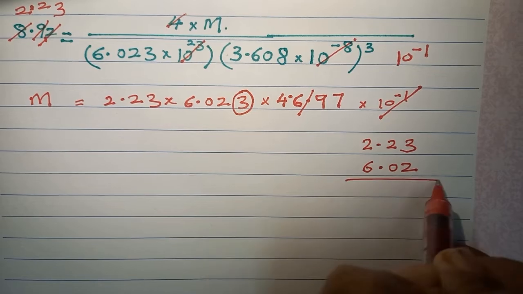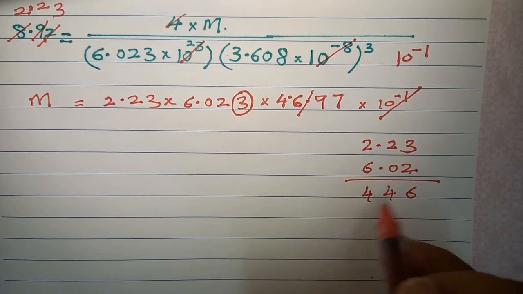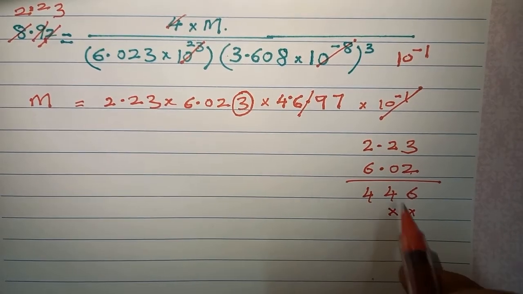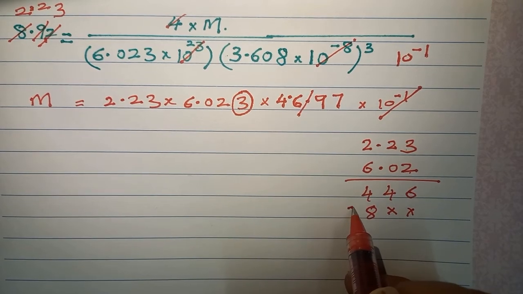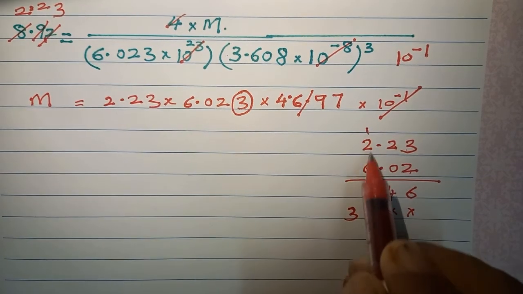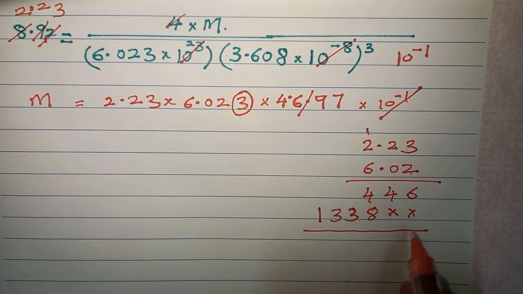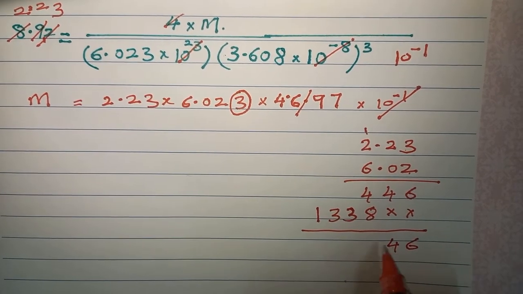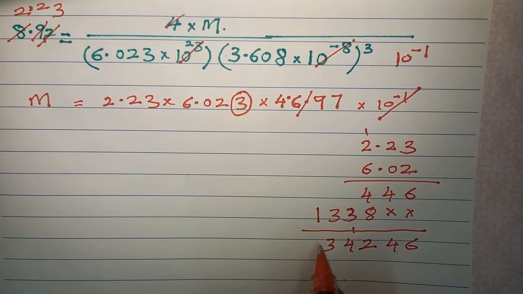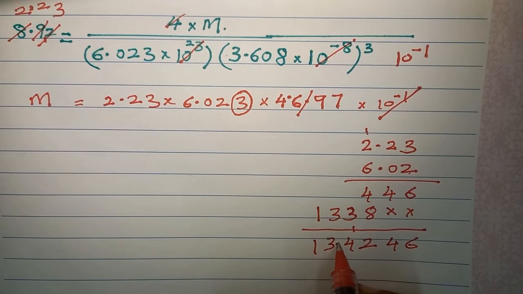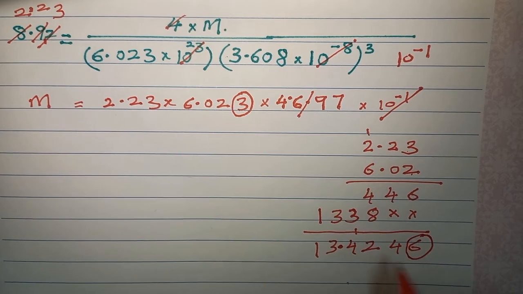2 into 3 is 6. 2 into 2 is 4. 6 into 3 is 18. 6 into 2 is 12 plus 1 is 13. 6, 4, 12, 4, 3, 1. Take point column 4 position. Here we can neglect 6. Then